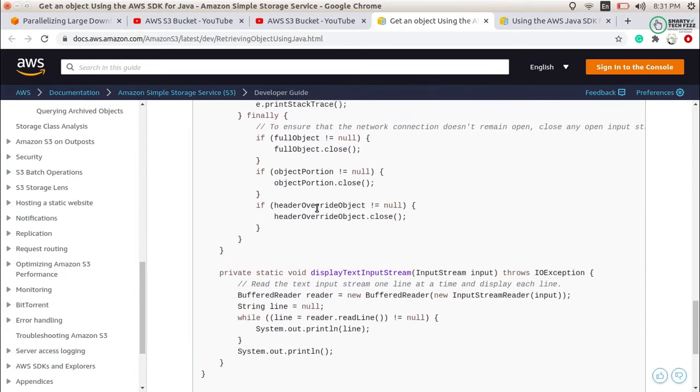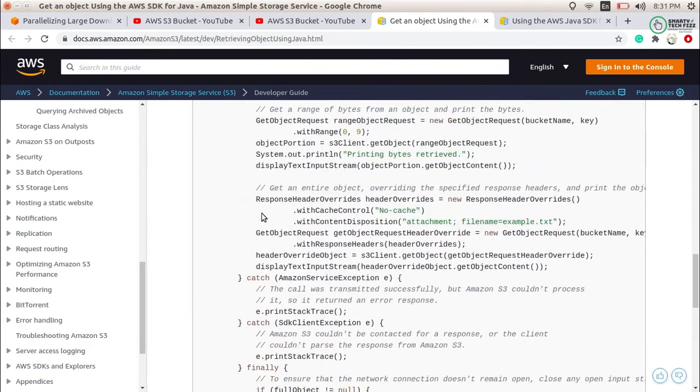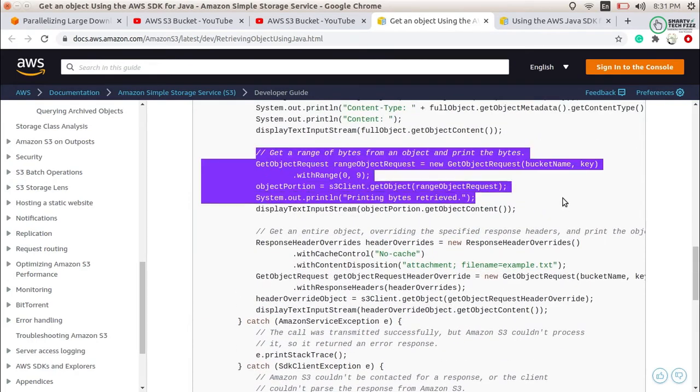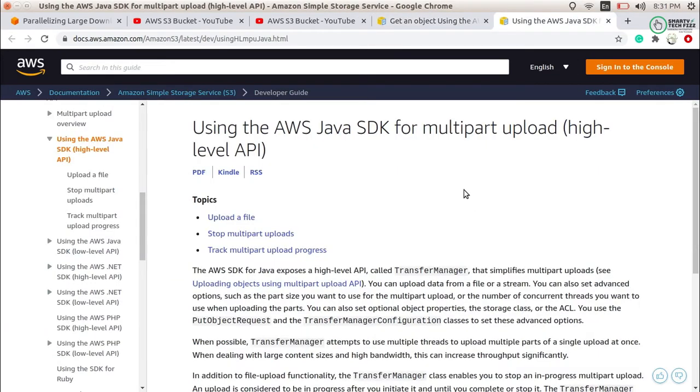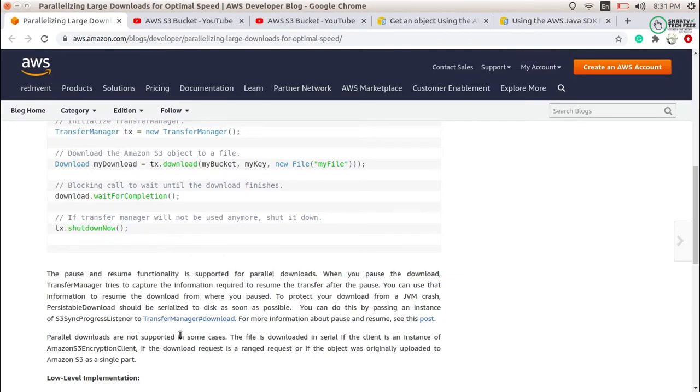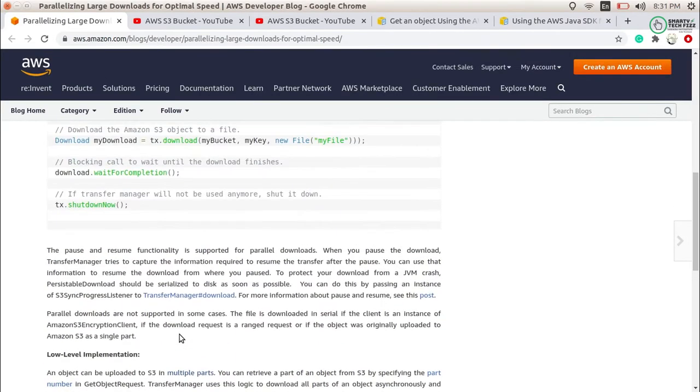I just wanted to show you this part because we are going to use it. And here also, as I mentioned, the high level implementation will not work if the object is not uploaded as a multi-part object.